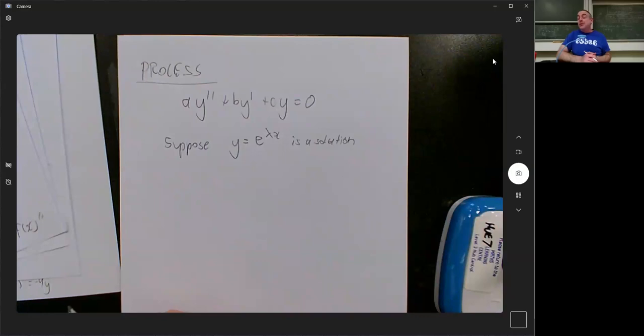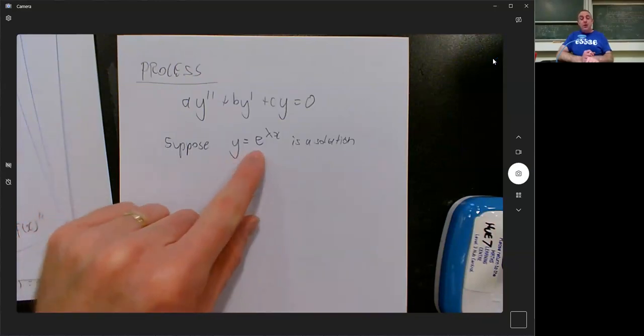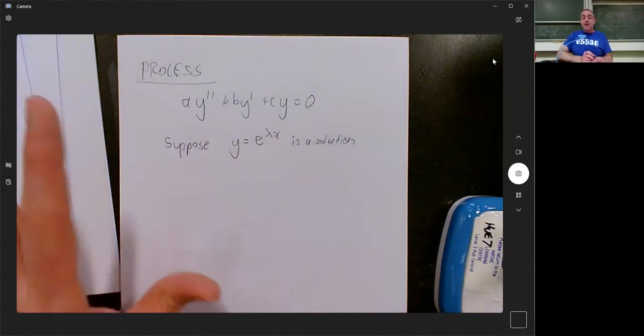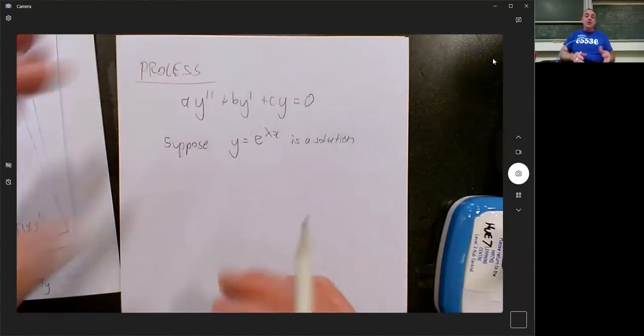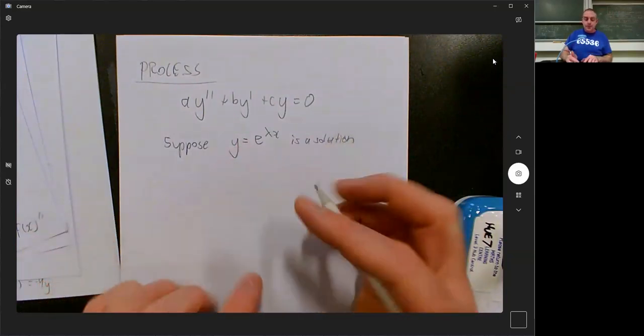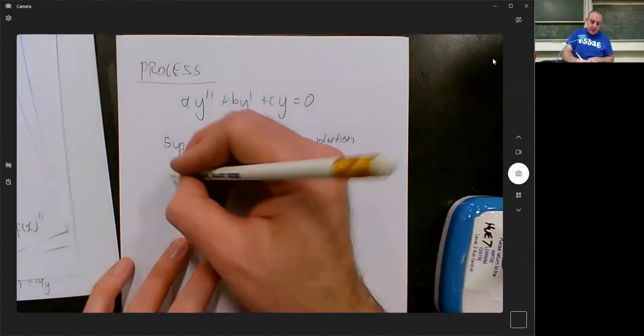I'm going to skip a bit of the working because this is not important to the process of doing it in an exam. You don't have to show this bit in the middle. I can do it for you if you want, but right now I'm going to skip it. So if you suppose that that is one of the solutions, because you expect that the second derivative possibly being a multiple of the original or possibly involving the thing, you expect this to work, then what will happen is, if this really was a solution, then